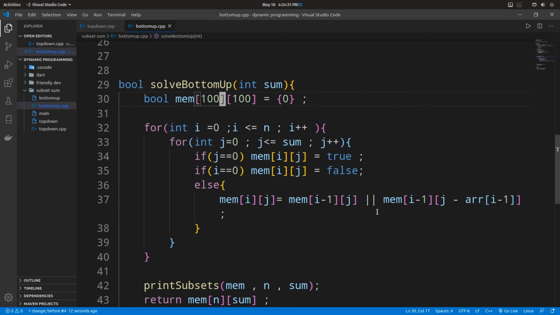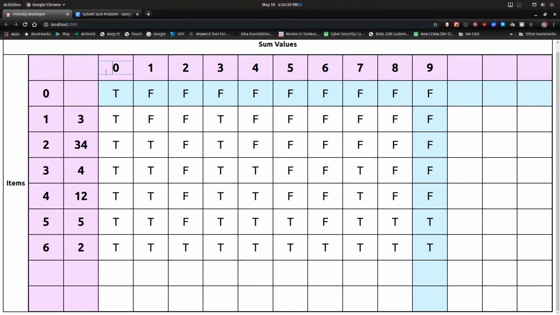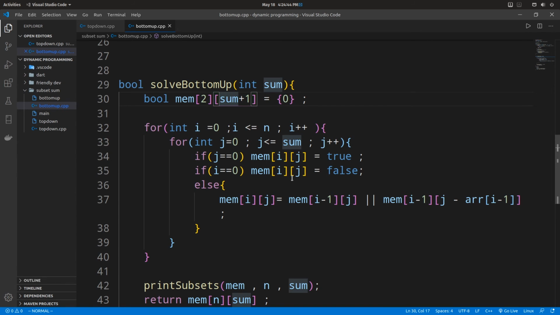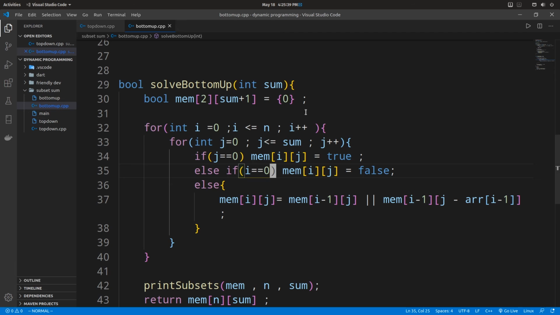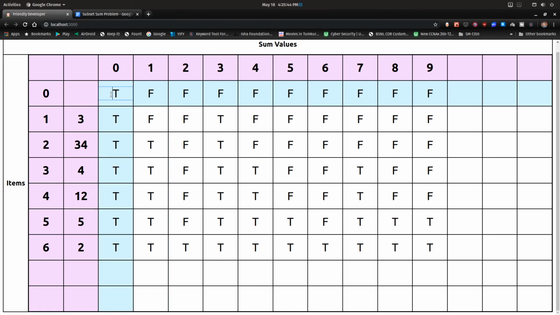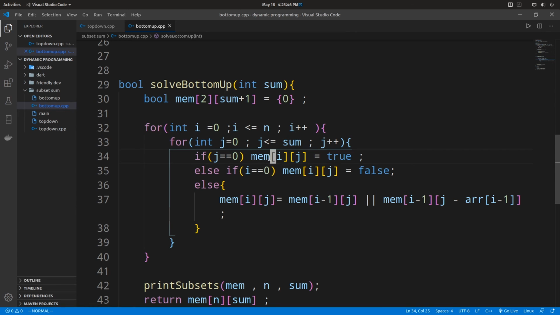So here let's just take two arrays of memory, and here it will be sum plus 1 values, because we are including 0, we are storing for all the elements, so we have 10 columns. And here the first row and the first column are already taken care of. Whenever i is equal to 0, whenever we see the first row, we make that entry false, and whenever we see the first column, we make that true.